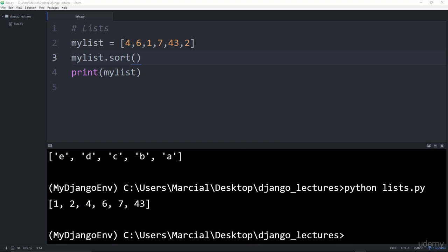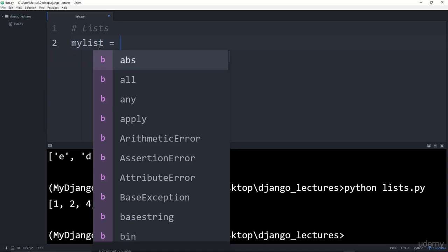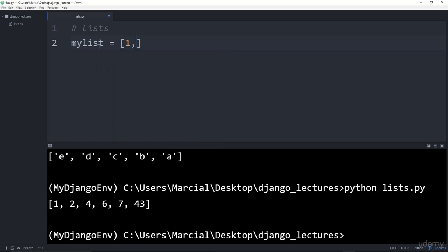Finally, I want to mention two more topics, which is a nested list index and then a list comprehension. And we'll cover list comprehensions in much more detail later on, but I want you to be aware of them now, since they may be confusing to beginners. But if I have a nested list, so we'll say my list is 1, 2, and then the third item in the list is going to be X, Y,